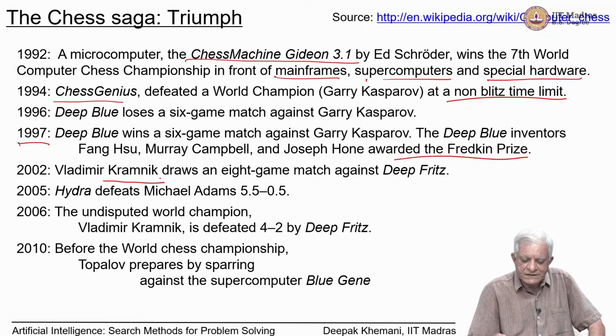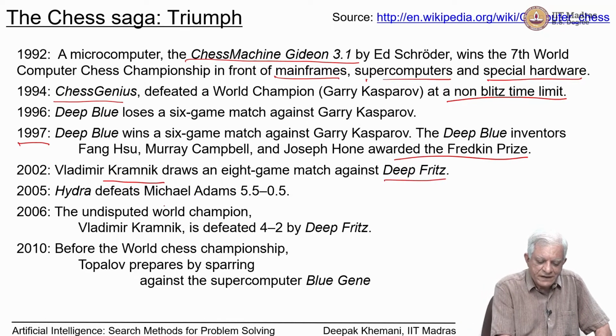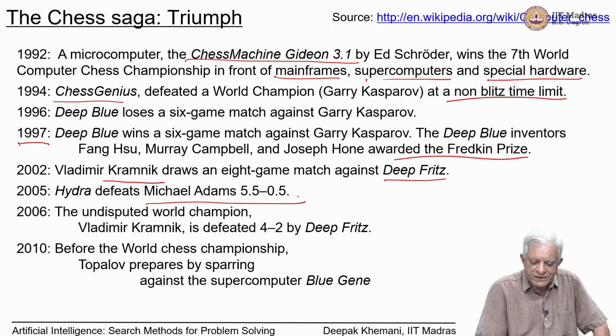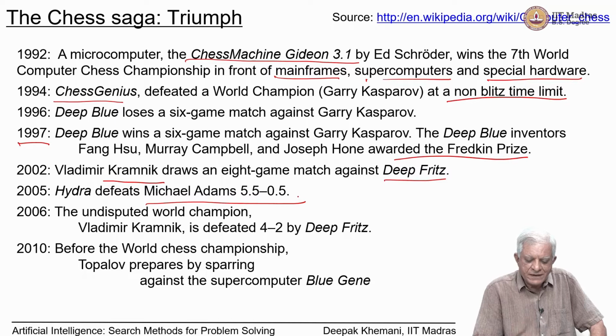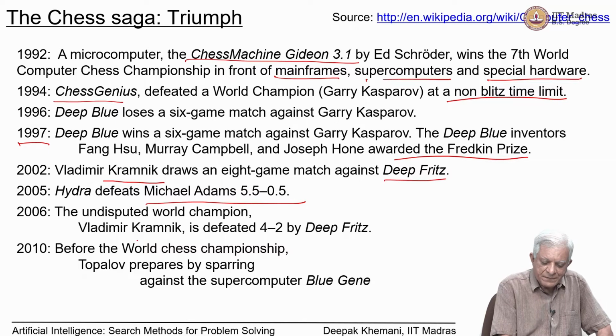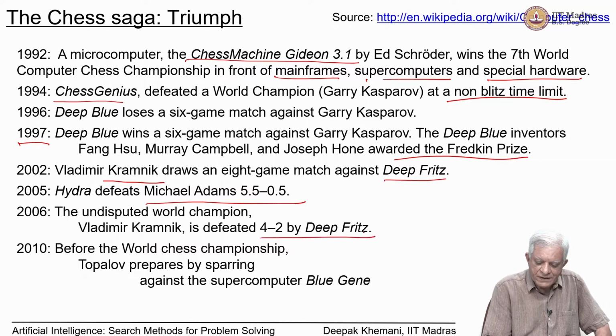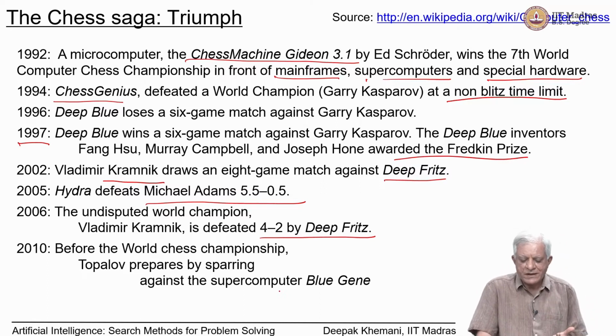Kramnik, who was the world champion, he draws an 8-game match against Deep Fritz. After that, Hydra defeats Michael Adams 5.5 games to 1, so which means Adams could only draw 1 game out of 6. Then the undisputed world champion Kramnik is defeated 4-2 by Deep Fritz, and by then chess playing programs had become